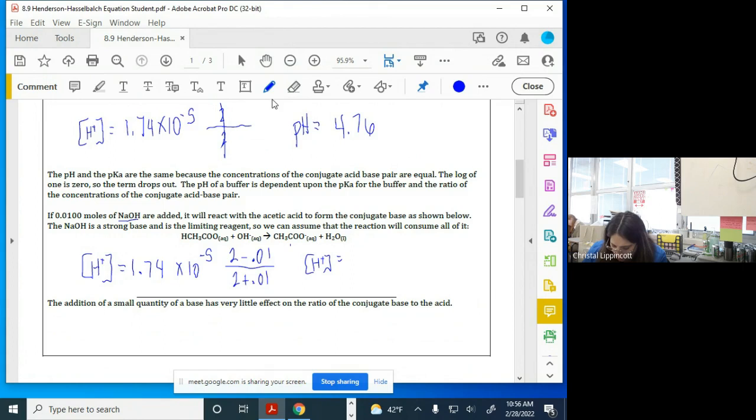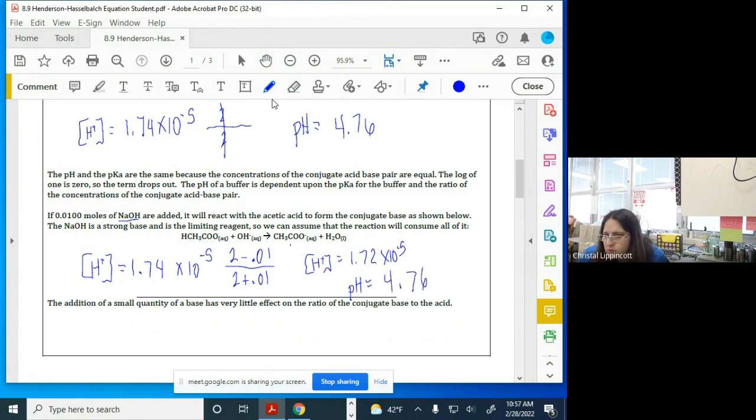This is 1.99 divided by 2.01 times 1.74 times 10 to the negative 5 equals. Okay, so that ends up being 1.72 times 10 to the minus 5. And if I take the negative log of that value,